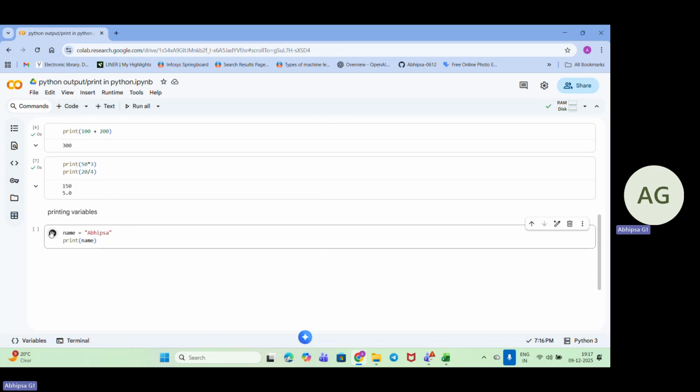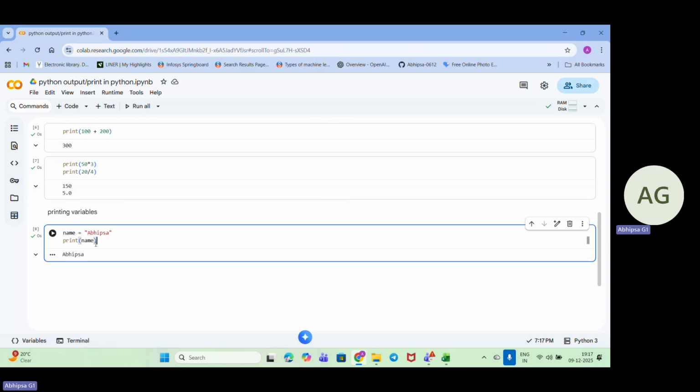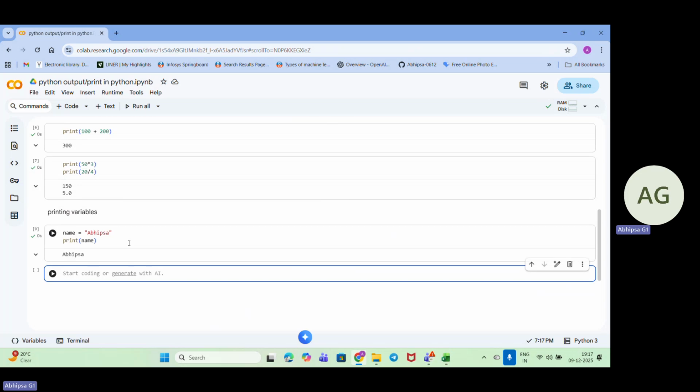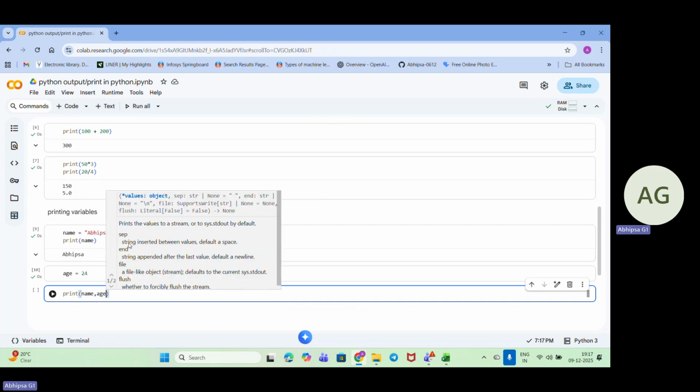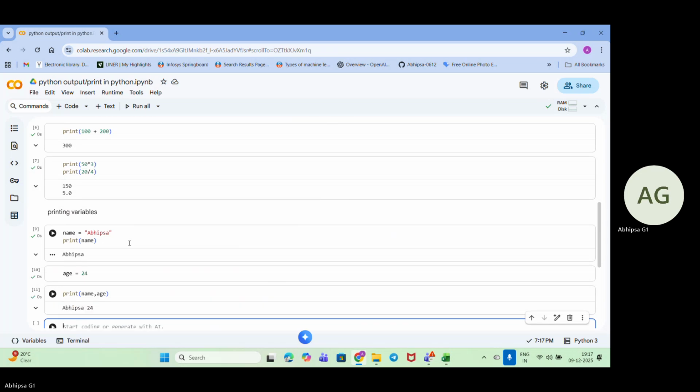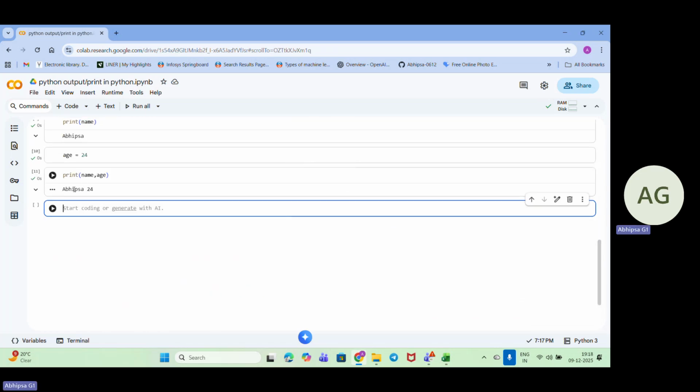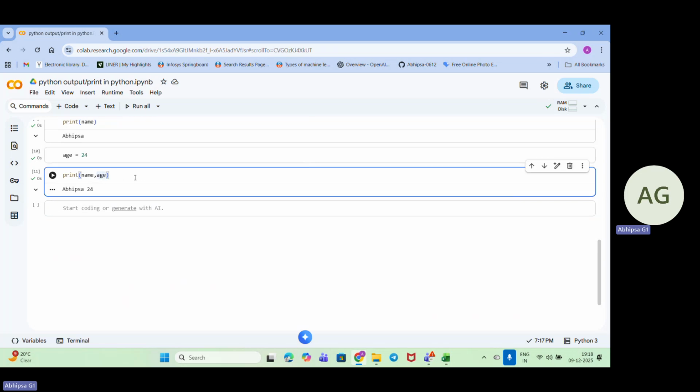I want to print the name, so it will give me Abhipsha. So this name Abhipsha I am storing inside a variable, and the name of the variable I have given as name. Now suppose I give age as 24. Now I will print name, comma, age. So it has given me everything together, the name and the age. If I want to do it separately, I'll give either name or age.